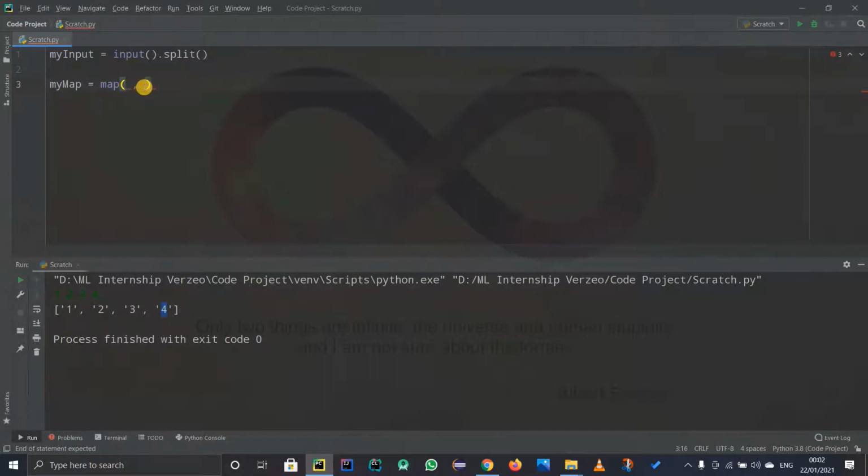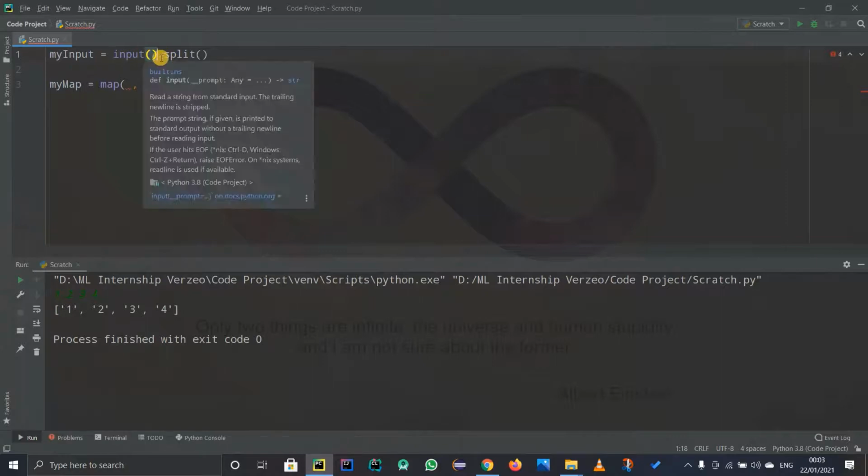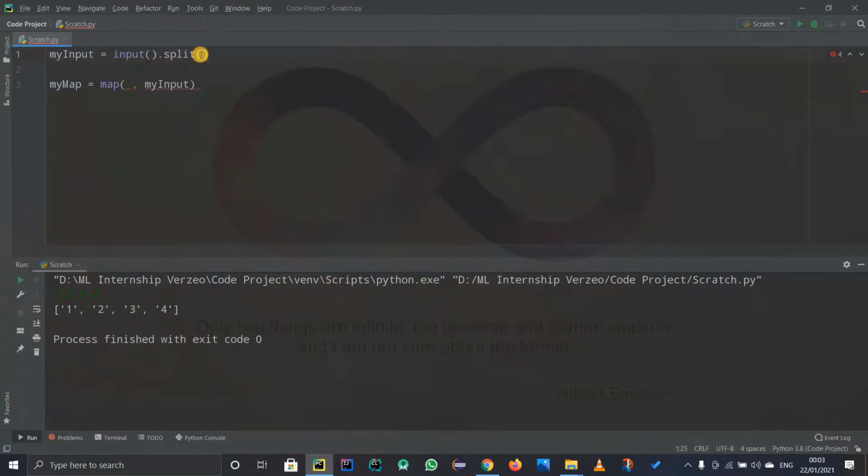We know what the iterable is going to be. The iterable is going to be my input. But why did I pass in my input? Because it is an iterable. If you see, we are getting square brackets, which means that my input is a list now. When we wrote input, it was a string, but whenever we say input dot split, it splits that string input into a list by spaces. You can also split it by characters or anything else, but we just have to split it by spaces because we want to take an input in spaces. Now my input is a list.